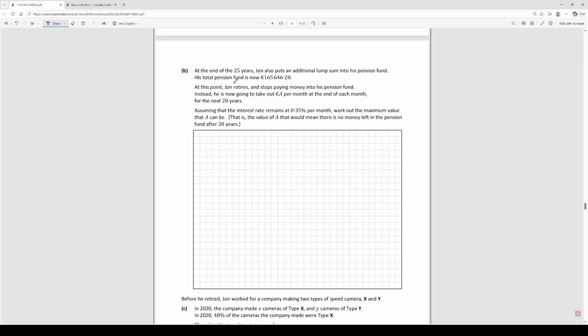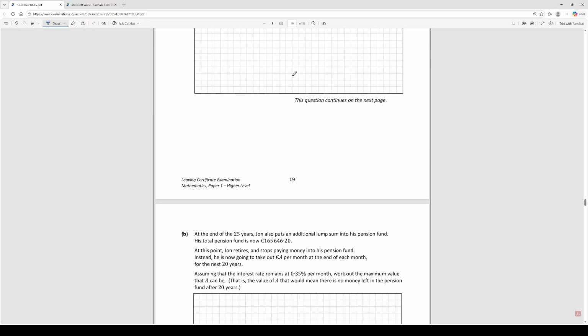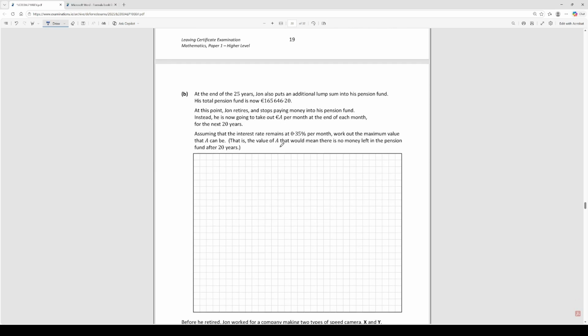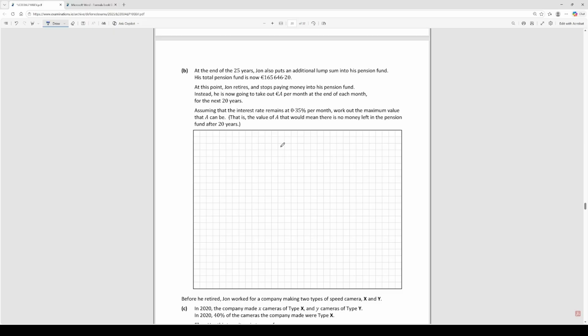Okay, I like what they did here. I'm assuming they did this. They said at the end of 25 years he added extra money until, so his lump sum was this. I think that's a way of them saying that basically if you mess this one up, you could still do part B, which is pretty good actually. That's quite a good twist to it. Okay,